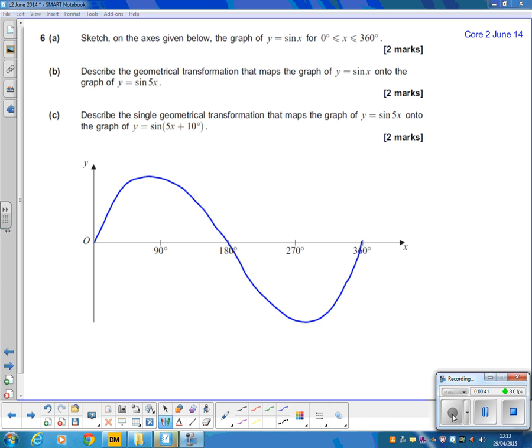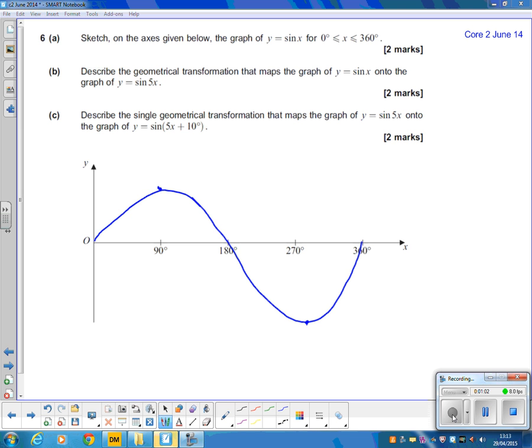Now I'm just going to double check. In my case, it doesn't quite look like the maximum's at 90. I'll just make sure it is. It should look kind of symmetrical. Mine's gone slightly skew now, but we should have a symmetrical wave with the maximum point at 90,